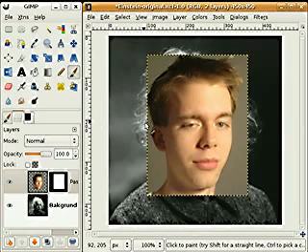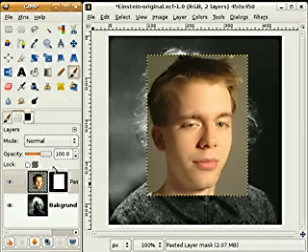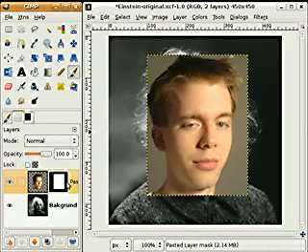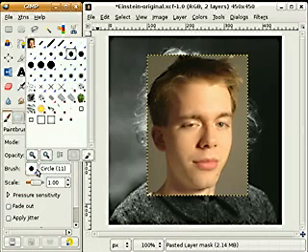And what we should do is to remove all these external pixels. We only want my face, because I will use the hairdo of Einstein because I like it. So we make sure that the paintbrush tool is selected. We click on the layer mask to make sure that that is selected. If I click on this layer and paint, it just paints a black color because I had black color selected. So we undo that and we make sure that the layer mask is selected, and we change to a bigger brush